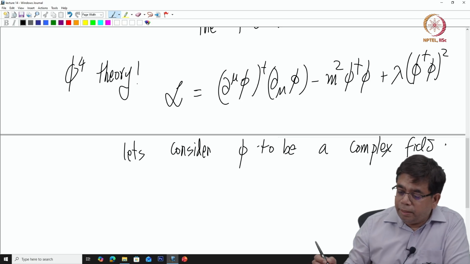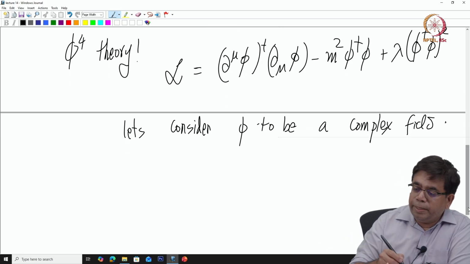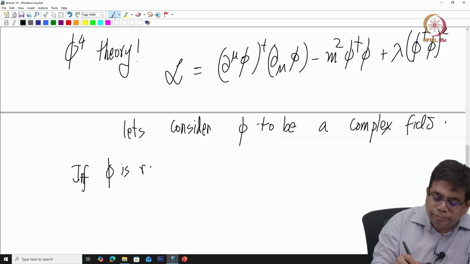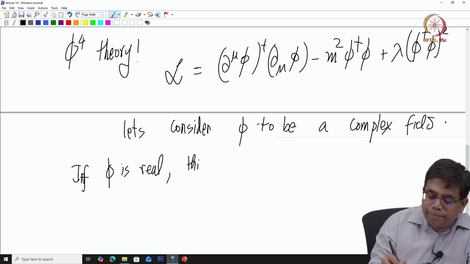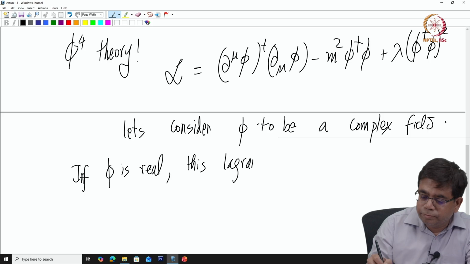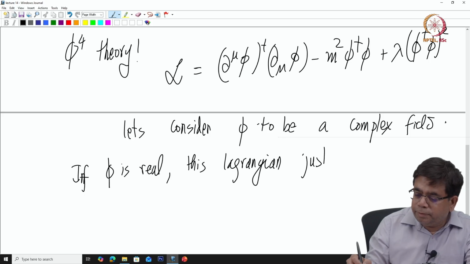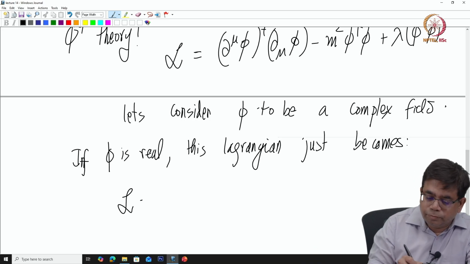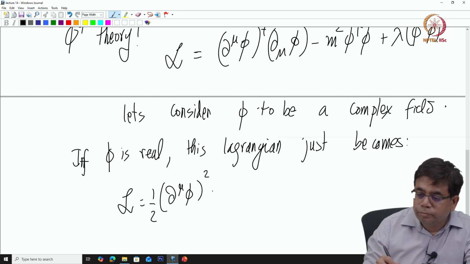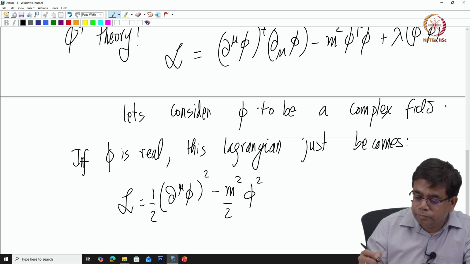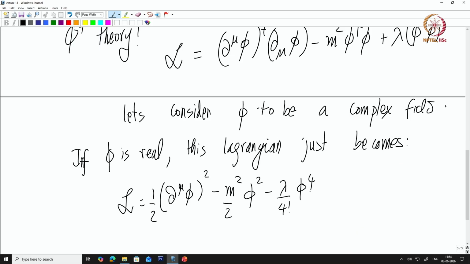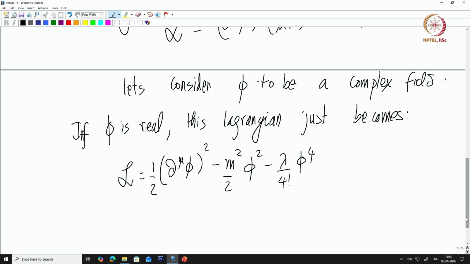Now, to make it okay, in the real case, if phi is real, this Lagrangian just becomes, okay. So, this just becomes this, and these are the symmetry factors